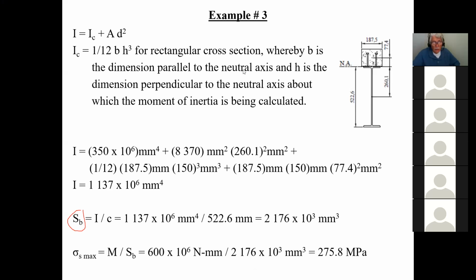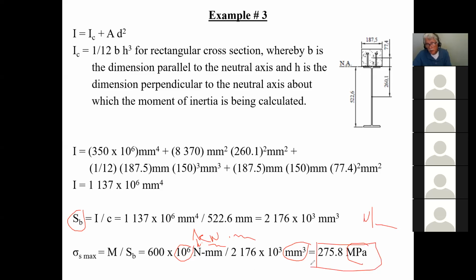So now I take, of course, you remember guys, this is kilonewton meter, and this is millimeters cubed. Therefore, you have to convert this into newton millimeters in order to get MPa, newtons per millimeter squared, and therefore you have to multiply this by 1,000,000. If you don't do that, I end up with 275.8 MPa,